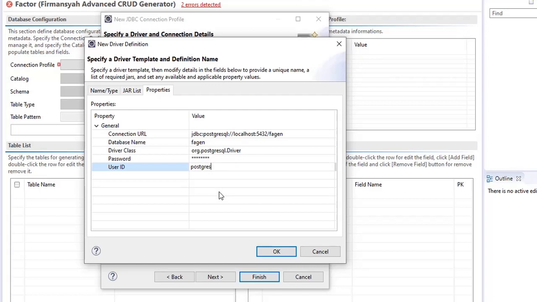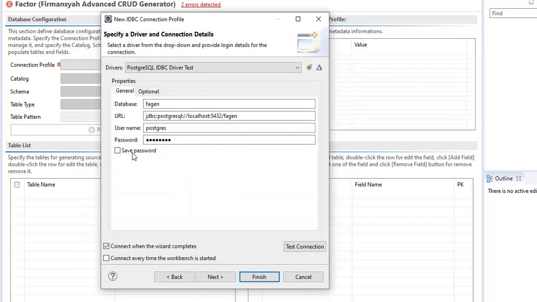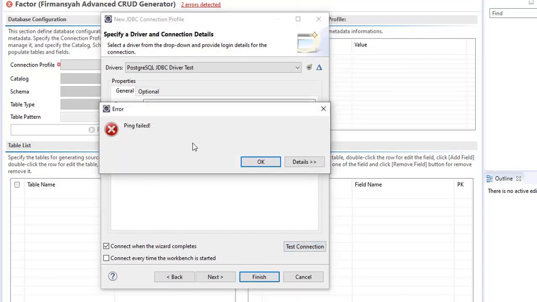Okay, if you have provided all this information on the Properties tab, you can click Connect. If you want to save your password, just click this checkbox and test the connection first. Okay, the ping failed, so you need to check whether your database is on or still off.